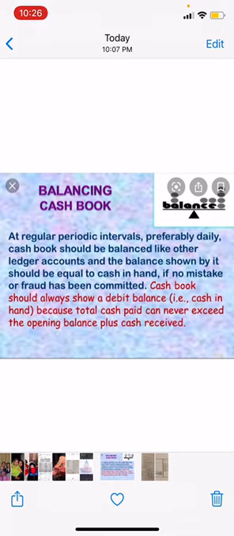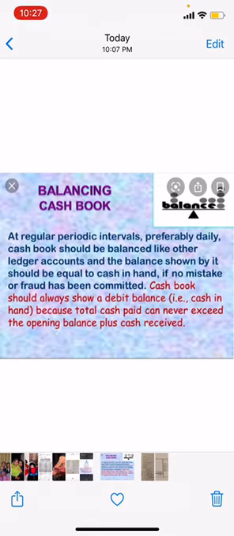Students, today inshallah we will see how to balance cash book. Okay, balancing of cash book. So on the left hand side of cash book, all transactions related to cash receipts, that is debits, and on the right side all transactions related to cash payments, that is credits, are entered date-wise. Okay, and when you maintain a cash book, you don't have to open a separate book in the ledger, and the cash book is balanced in the same way as